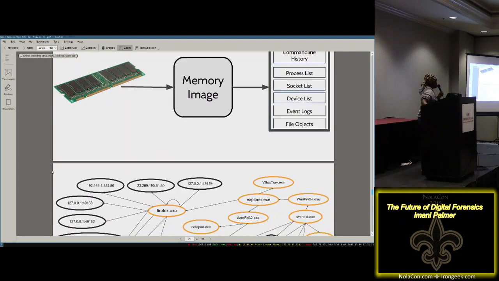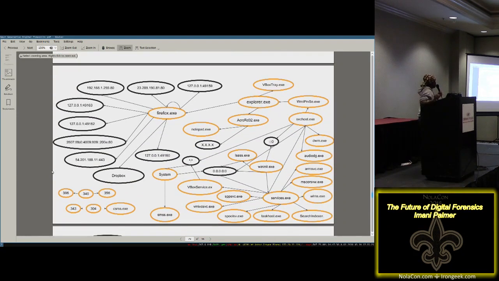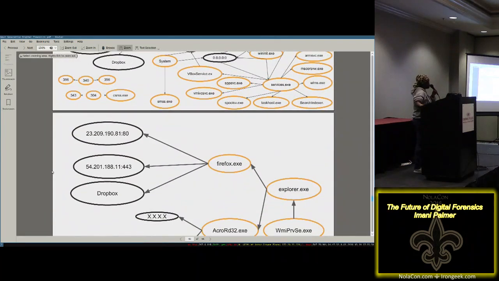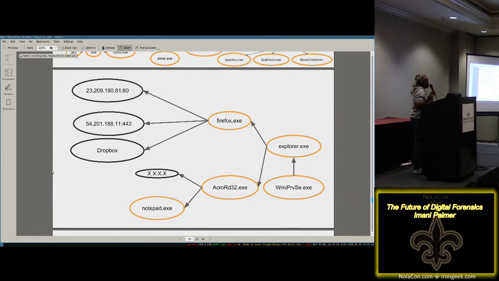And then I got this graph. And I think for anybody who's ever looked at their process list or used Volatility, they'll see very similar things, right? Firefox.exe is spun up over here. I think you can see Adobe Reader over to the left, Explorer.exe, Notepad.exe. But that's actually a little bit too much data for someone to parse through. So I do some fancy magic, and I can reduce the graph to this size. And the fancy magic is I look at a previous version of a startup of a Windows 7 machine.